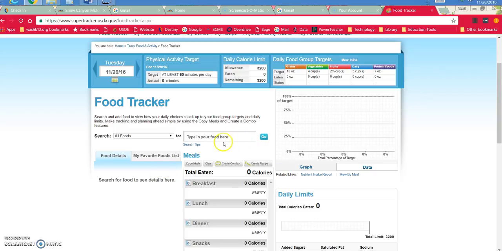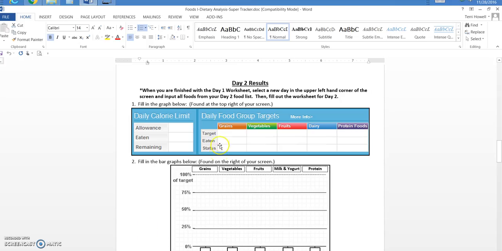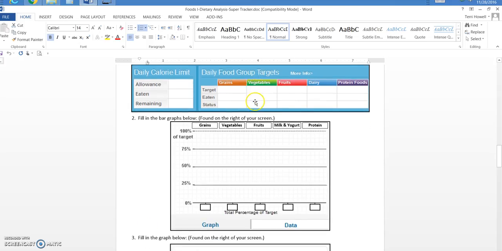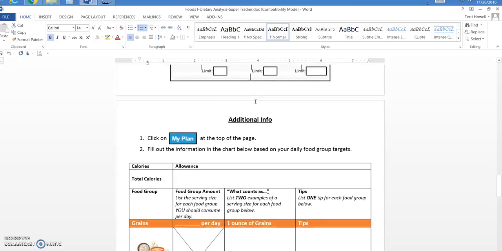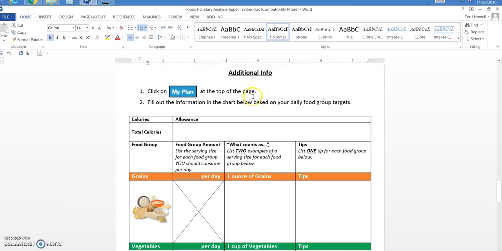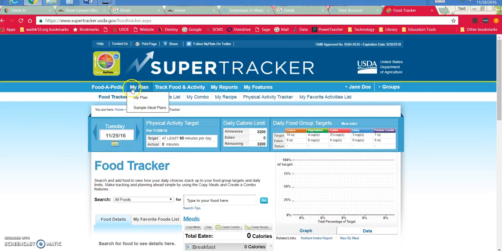So then you would fill in all of your foods on your tracker for day 2. Then you're going to go to your next day 2 results, fill those out. It's basically the same exact thing we just did. Then the last little section you need to do under additional info, on this page it says click on my plan. So we're going to go back to the website, and you'll notice at the top right here it says my plan. So we're just going to click on it,